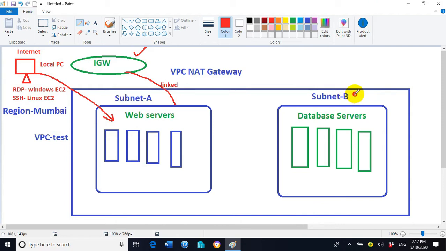But you can see that, unlike subnet A, the internet gateway is not connected with subnet B. So these database servers we cannot access from the outside. Let's say we have one laptop which is located in the external environment.